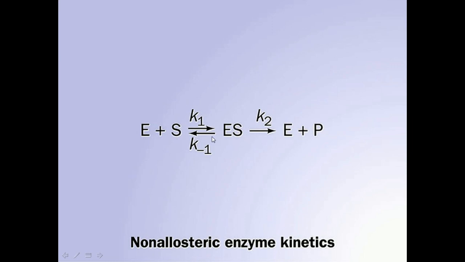Dissociation of enzyme substrate complex into enzyme and substrate represents the rate of the backward direction, the dissociation of this enzyme substrate complex back into enzyme and substrate. Formation of product represents the rate in the forward direction, represented by K2, in which the enzyme substrate complex breaks down into product and enzyme, and K1 represents the formation of enzyme substrate complex by enzyme and substrate.